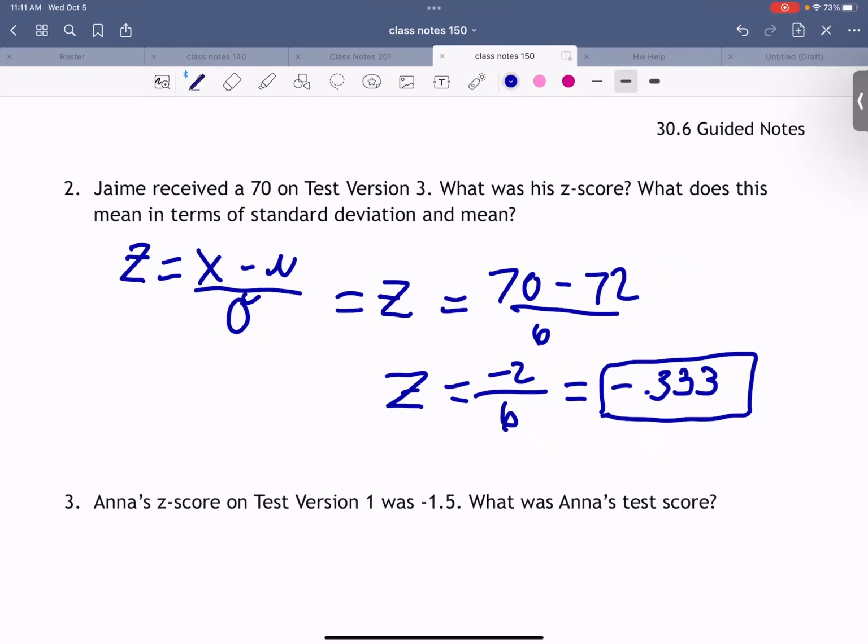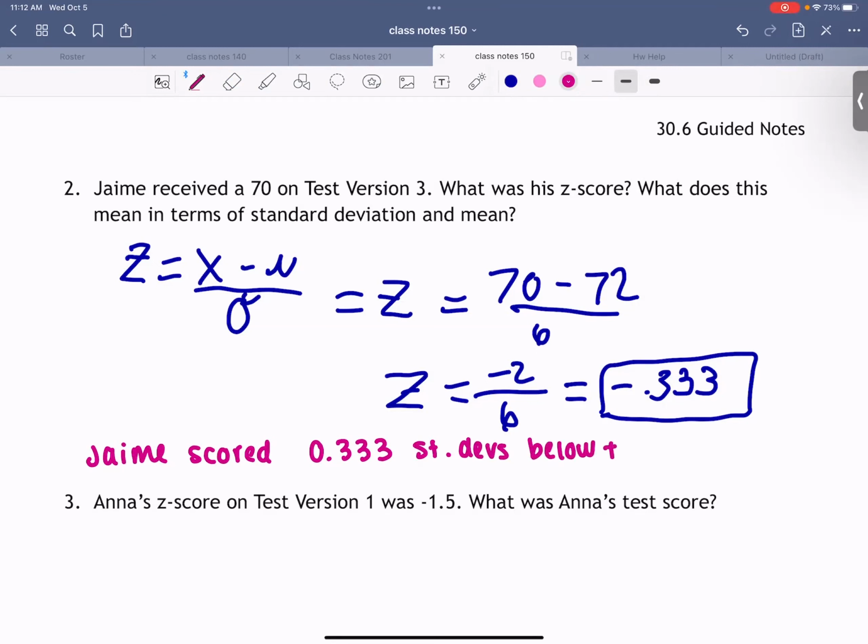I want to talk about how we interpret our results here. Now, in part 1, it was really easy to interpret because we had a positive z-score. Here, when we interpret it, I know that the z-score talks about how many standard deviations we are above or below the mean. Since it's negative, do you think we're above or below? Below, okay. So we know that Jamie scored some number of standard deviations below the mean, and it's probably 0.333 standard deviations